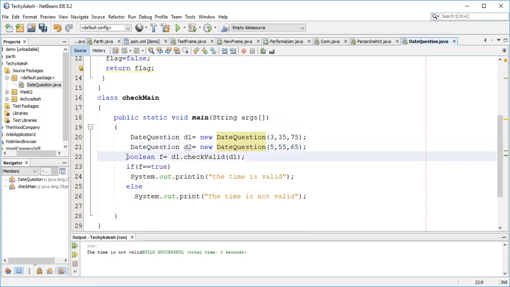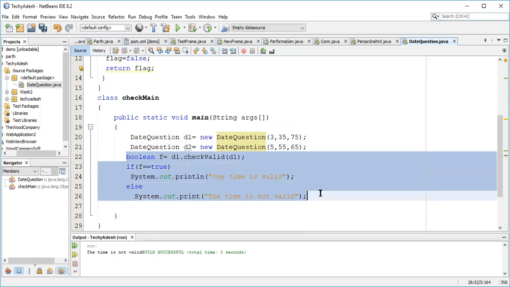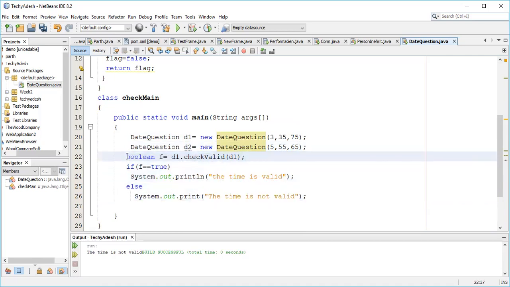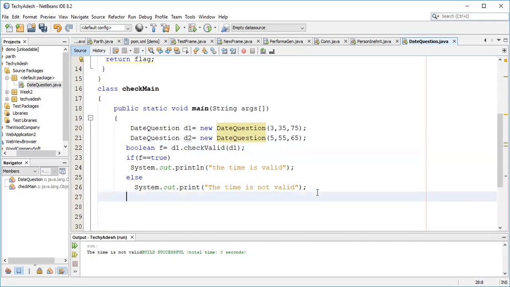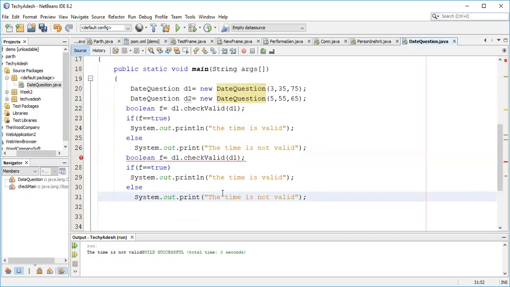Now okay, we already tested this for the first object. Similarly, we will test this for another object as well, right?